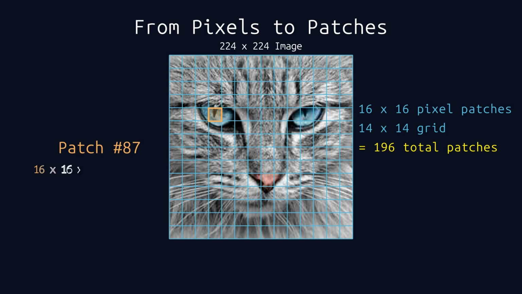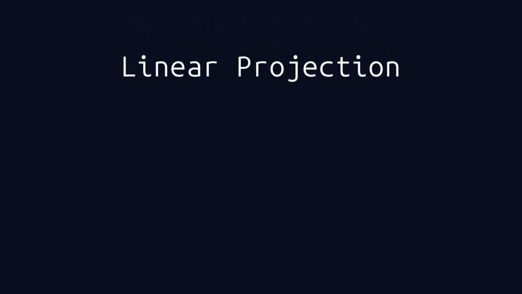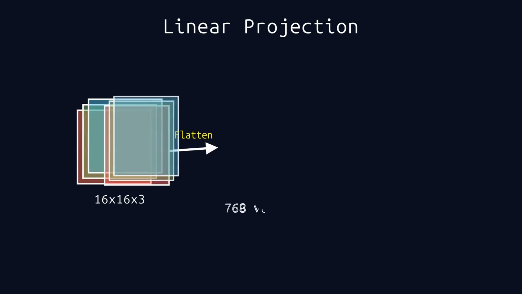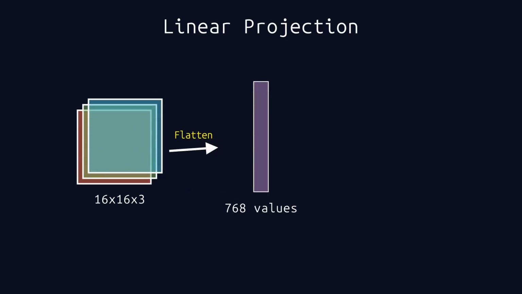We're following patch 87, right on the cat's eye. This single patch contains 16 times 16 times 3 color channels, giving us 768 pixel values. This is our starting point. First, we flatten this patch. Those 16 by 16 pixels across 3 color channels become a single vector of 768 numbers, essentially unrolling the patch